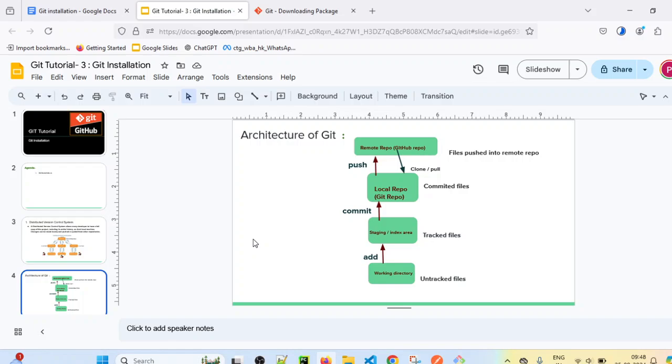So now we have installed Git in our system. In the next lecture what we will see is how to create a Git local repository in your system along with some basic commands. So thank you for watching this